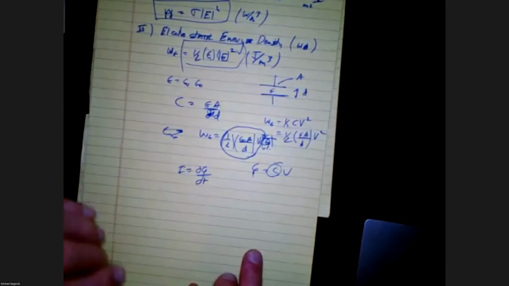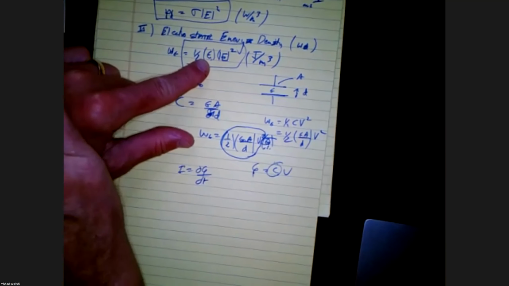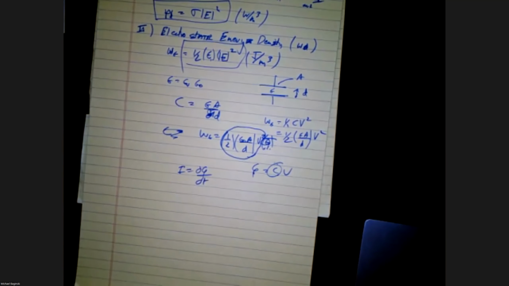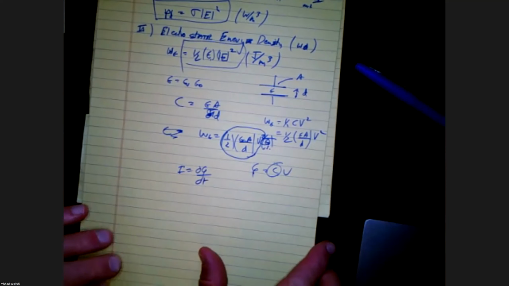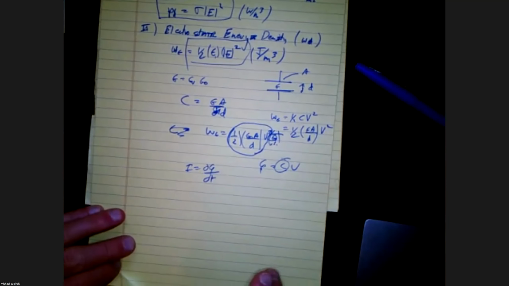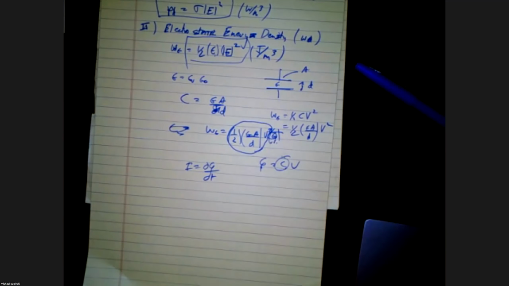I'm trying to throw a few things out here, but that's why epsilon becomes important. Because the larger the value of epsilon, the larger the amount of energy you can store in a very constrained volume. And those are exotic materials that we'll talk about later. But I had to throw this out to at least whet your appetite, because now,